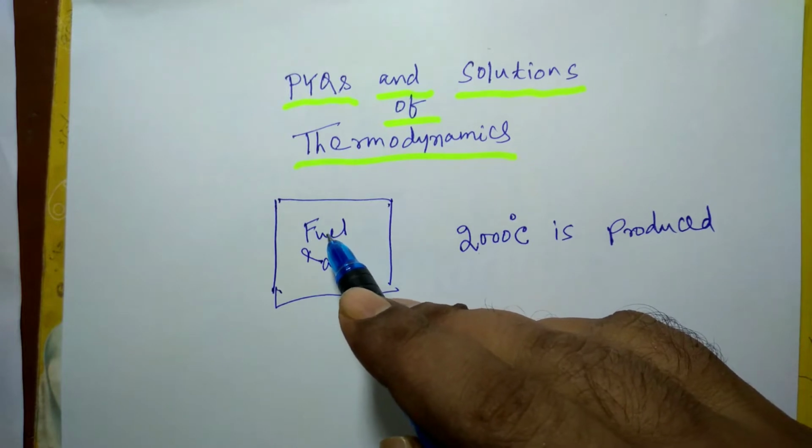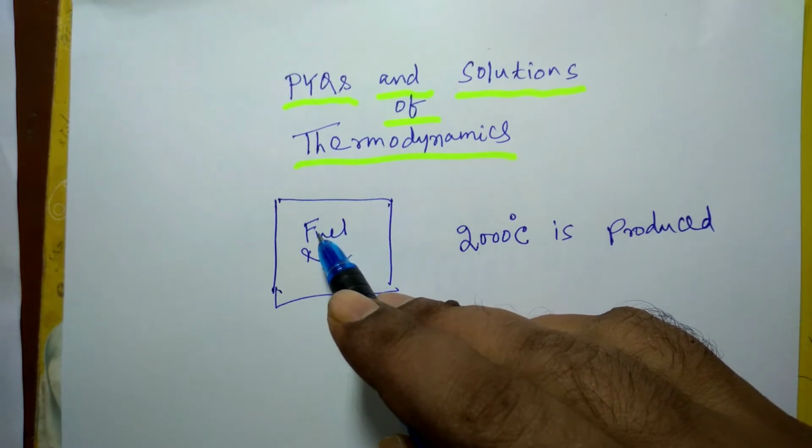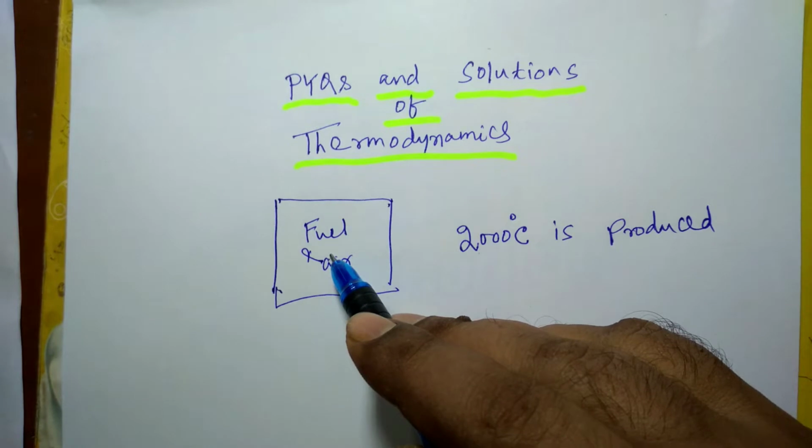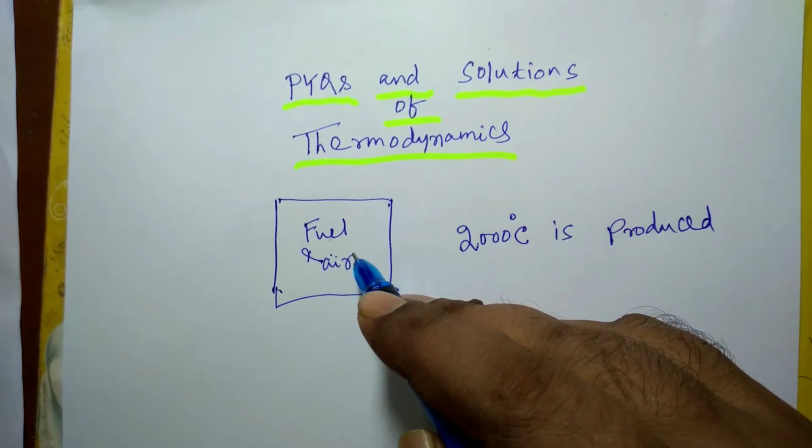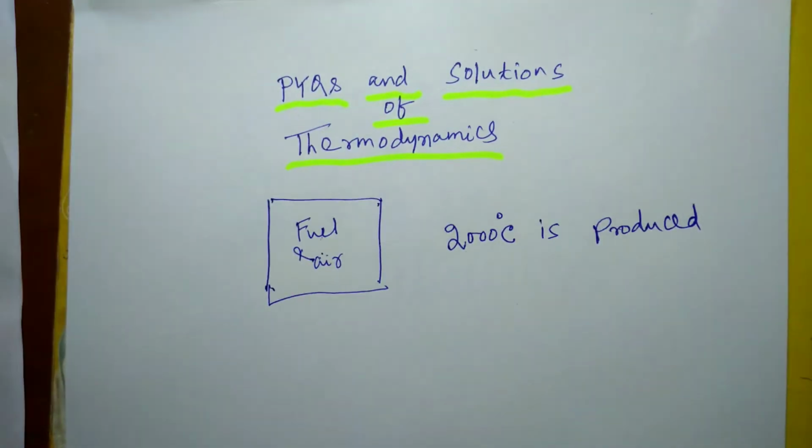Of course, the properties of the fuel and air mixture will be different from that of pure air. Air is assumed as an ideal gas, but with some assumptions, fuel and air may be approximated as a mixture of ideal gases. Of course, there will be some deviations which you will study in IC engine, internal combustion engine. But assuming that this is a mixture of ideal gases,